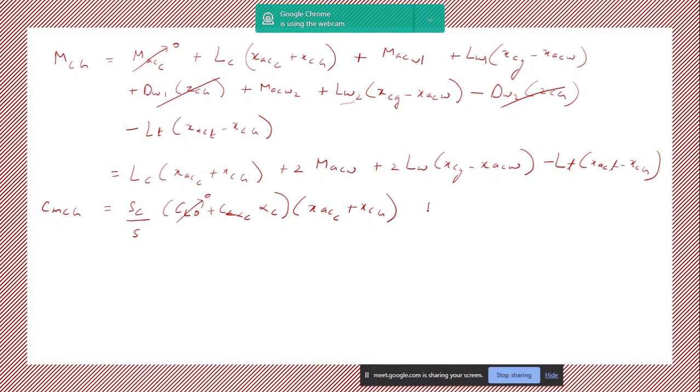So next we take, here what will it be? 2 Cm, yes, yes. Then you have plus 2, what will come here? Again CL naught plus CL alpha of the wing, CL naught of wing into alpha of the wing, and what was the moment arm? XCG minus XACW,